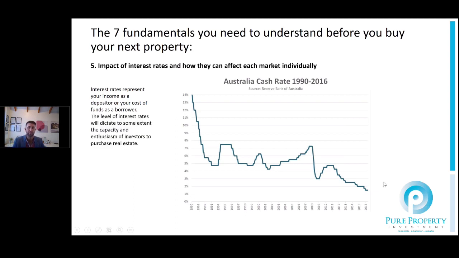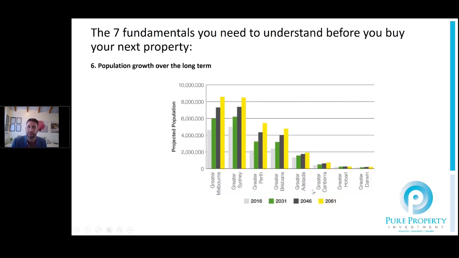Now if we look a little further down the track, the six fundamentals that we like to look at from a suburb and state-specific aspect, which put current but also future demand into the equation of when and what we're buying in those markets, begin with population growth, and not just population growth over a 1 to 3 year period, but over the long term.